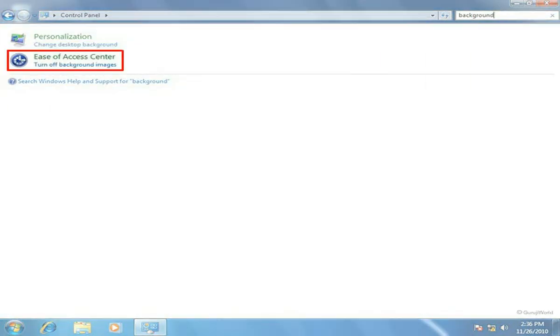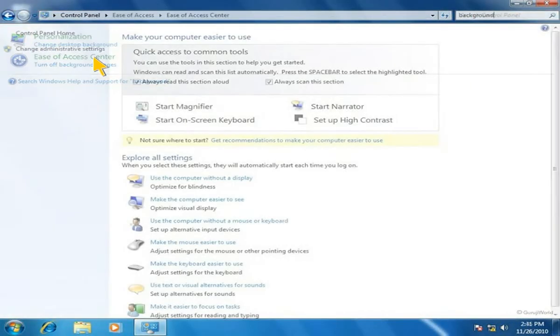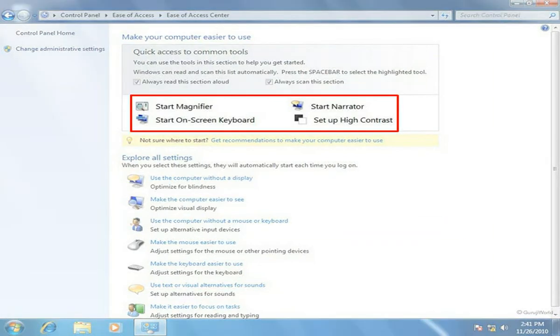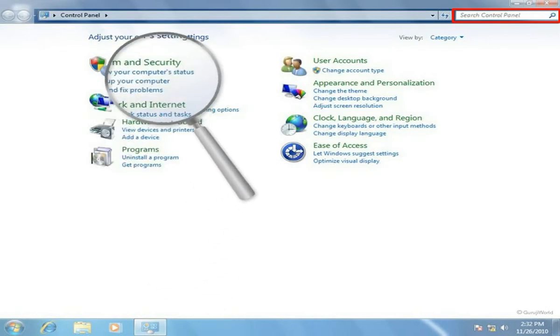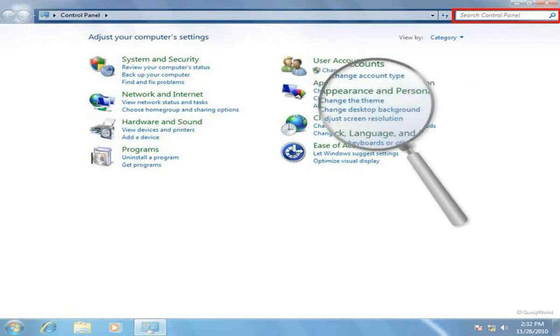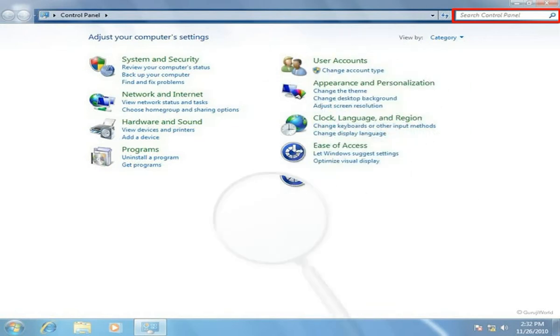You can click the Ease of Access Center from the search result, where you can set the magnifier, narrator, on-screen keyboard, and high contrast. You would learn more about this in a later page. Search is designed to store tasks and their keywords together in the same file. Search simply reads the contents of the file, compares the text of the task you have provided in the search box to the keywords in the file, and returns the link and name of the task if there is a